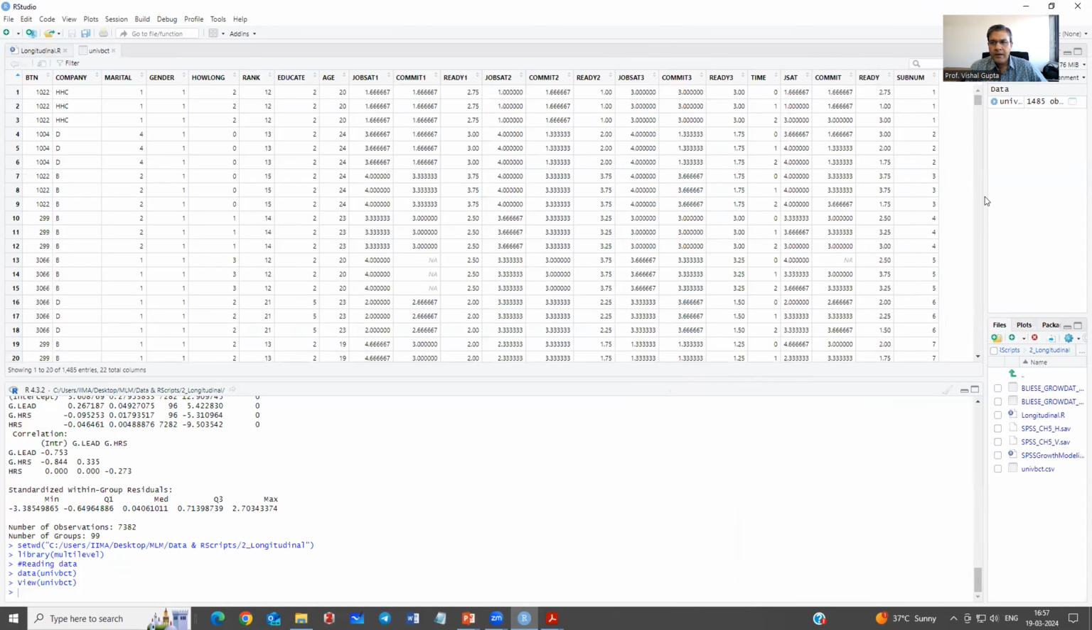it's a big data. Okay, it has battalion, it has company, then it has marital status, gender of the cadet, how long that individual has been working, what is the rank, what is the education, what is the age. Then we have taken job satisfaction at time 1, commitment at time 1, then readiness at time 1, job satisfaction at time 2 of the cadet, job commitment at time 2, readiness at time 2, then job satisfaction, commitment, readiness at time